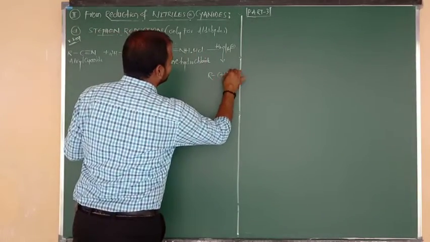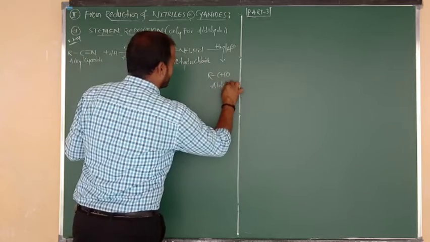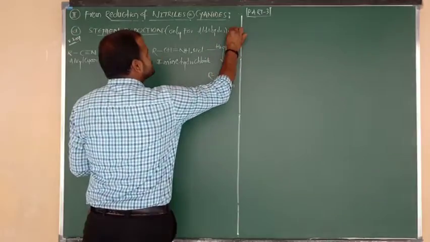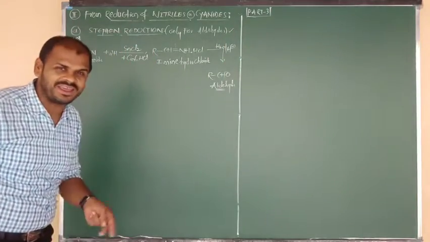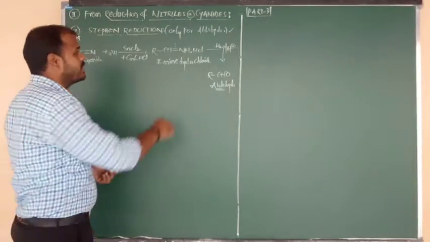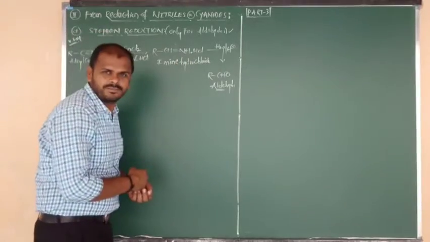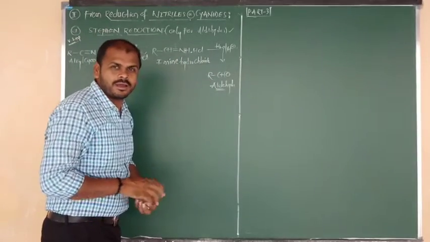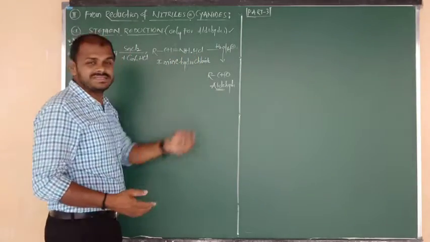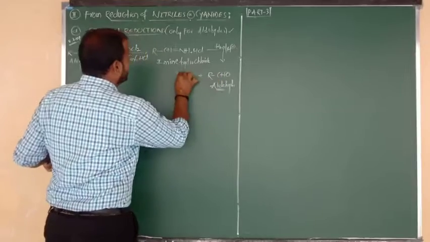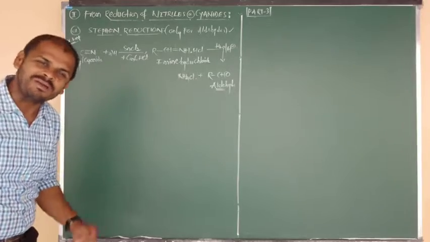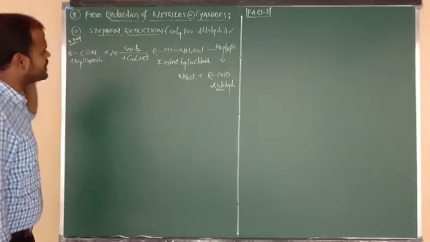What is the name of this product, beta? Aldehyde is the product. That's why I have told you in brackets, Stephen reduction is the method very suitable for the preparation of aldehydes only, not for ketones. So what is the byproduct? Nitrogen already contains 2 hydrogens, and here 2 hydrogens are there, so total 4 hydrogens with nitrogen. That becomes NH4, and here Cl is there. So the byproduct is nothing but NH4Cl. What is the byproduct, beta? Ammonium chloride. This is your Stephen reduction.